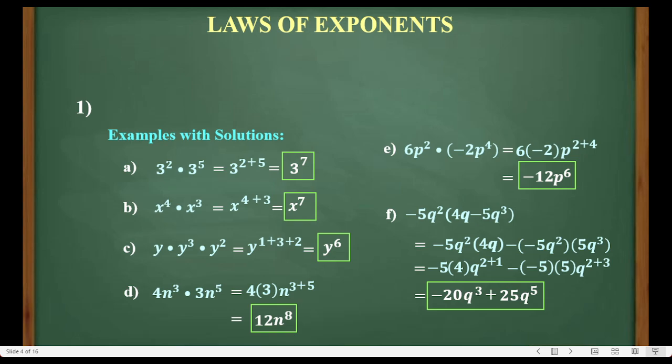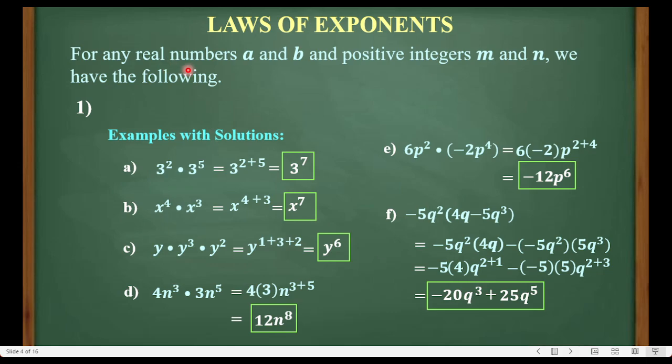Now, from these 6 examples, we use a certain law. And you will notice that what we did here is, if we are multiplying powers of the same base, we just simply copy the base to get the answer and then raise it to the sum of the exponents of those common bases or common base. Okay? So, what do we call this law? Actually,